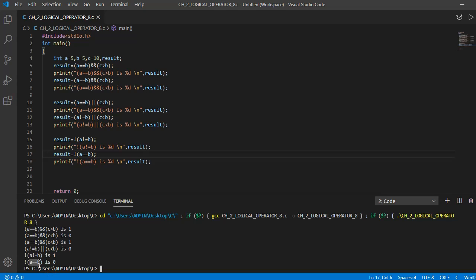A equals to B is 1, so not 1 means 0. That is false. So all the conditions are tested. So this is the example program of logical operators. We used the concept of the logical operators and it is implemented there.